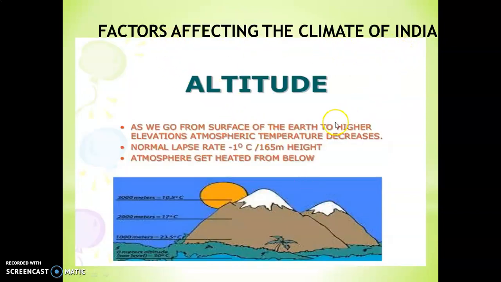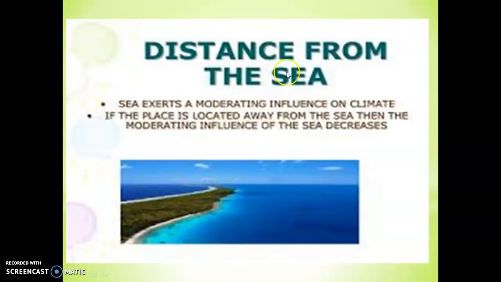Factors affecting the climate of India. As we have discussed, altitude, height above sea level. As we go higher, the temperature decreases. Normal lapse rate: at a height of 165 meters, temperature is reduced by 1 degree Celsius. Distance from sea. Near the sea, or if we talk about near coastal areas, temperature is moderate. Away from coastal area, temperature is